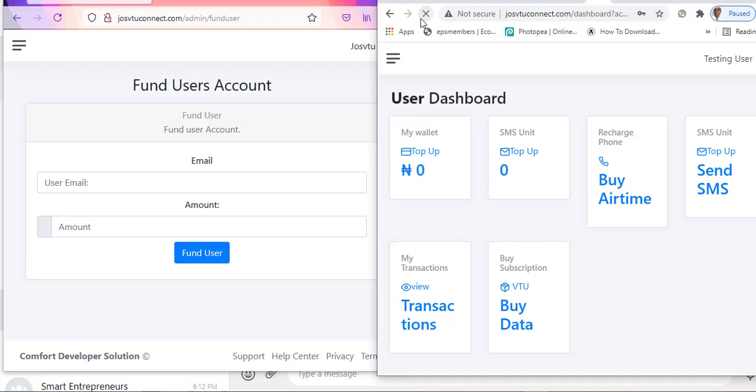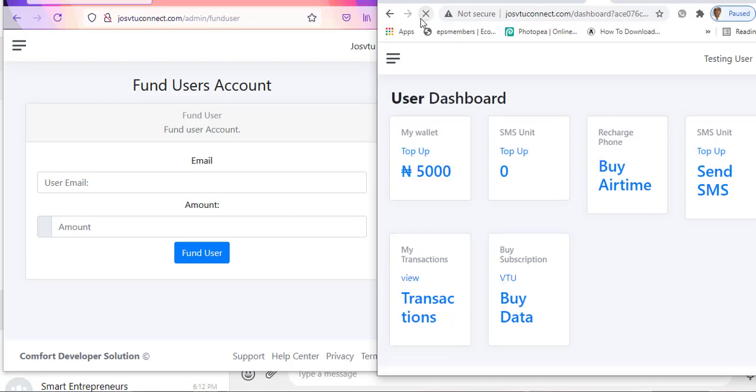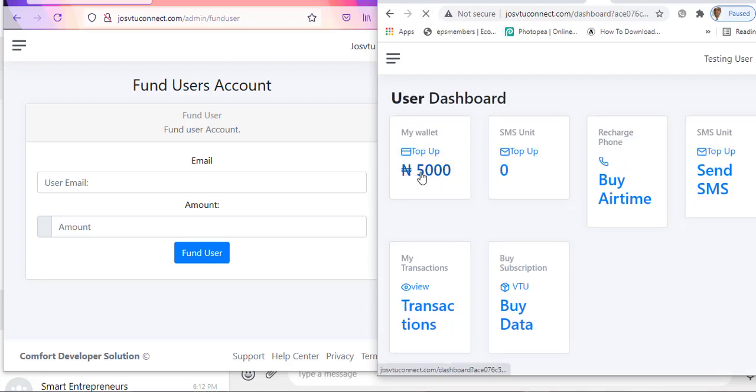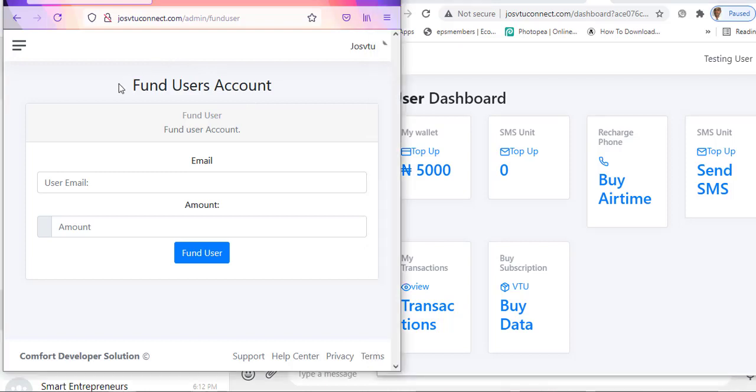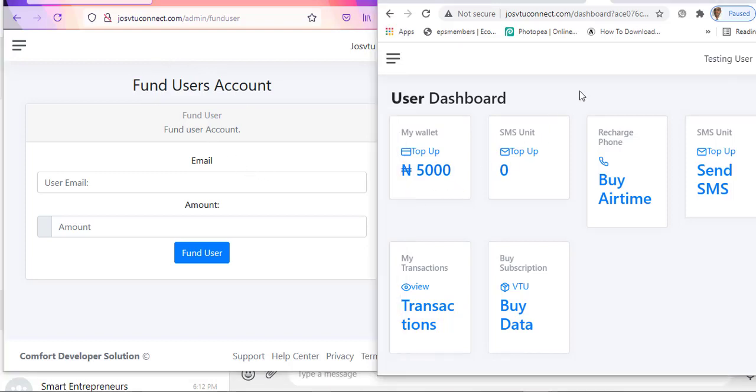Can you see it now? The amount is visible. Can you see now? 5,000 naira is here. So as an admin, I funded him from my hand and it's showing on the platform. So now he can use his account to send, either to buy airtime, to buy data